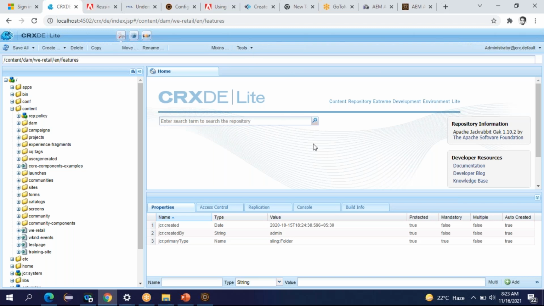Hi, sir. We have CRX Delta, right? Is all our project related data available in CRX Delta, like a database? So here we don't have a database. All the data, all the information, and properties are stored in the form of folders, nodes, properties, and all. All these folders will be available in our local file system, right? Yes, in our local file system.